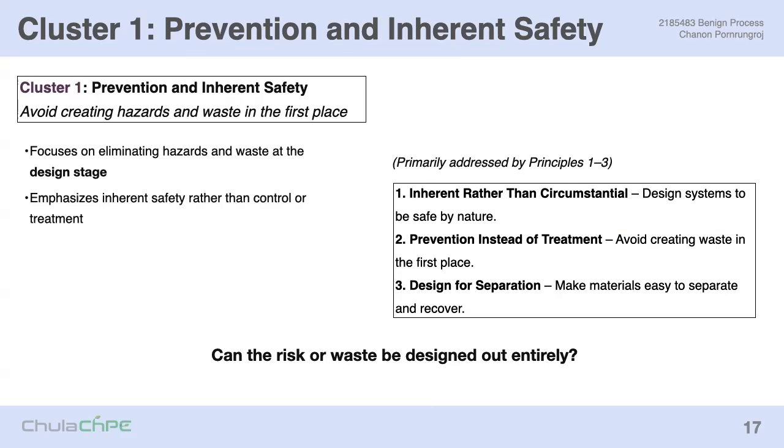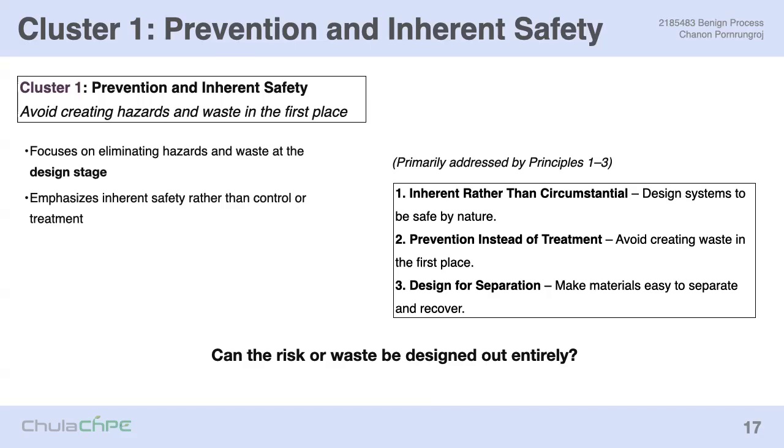This includes principles 1, 2, and 3. Let me give you a brief introduction of one: inherent rather than circumstantial. There are two keywords, inherent and circumstantial. We want to design a system that is safe by nature. What I mean by that is